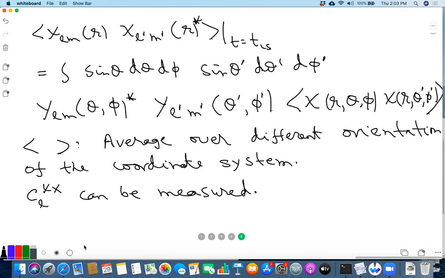Now we are going to study what inflation tells us about C_L chi chi, for example what kind of L dependence it has. Here the only thing that it depends on is L, once you fix your chi, because the radial position is fixed at the last scattering surface, and the time is fixed as the time of last scattering. So you can only study it as a function of L, and that's what we do in experiments.